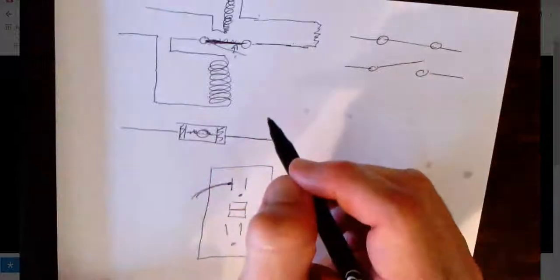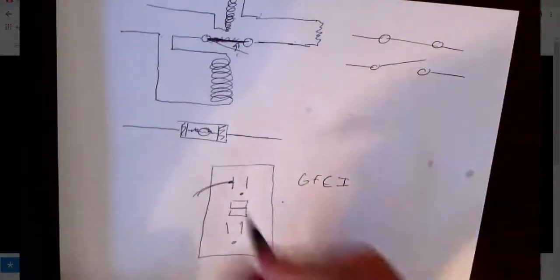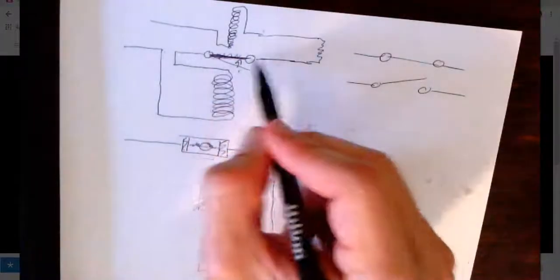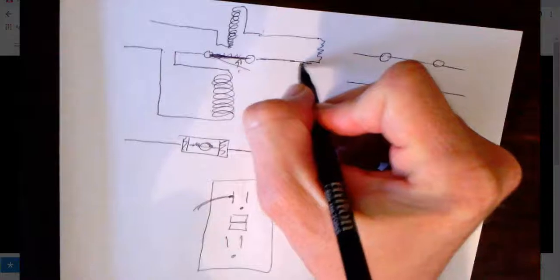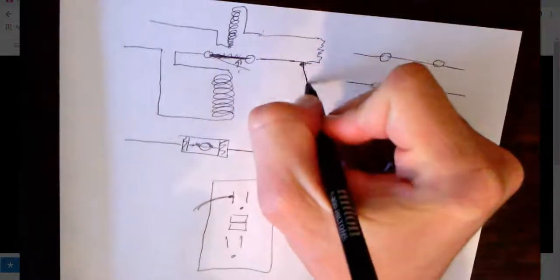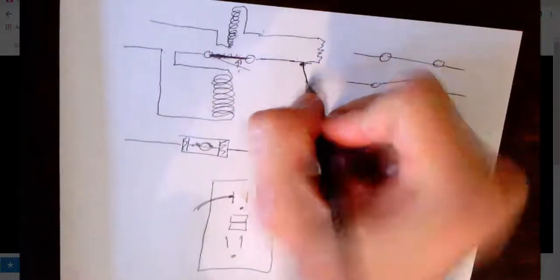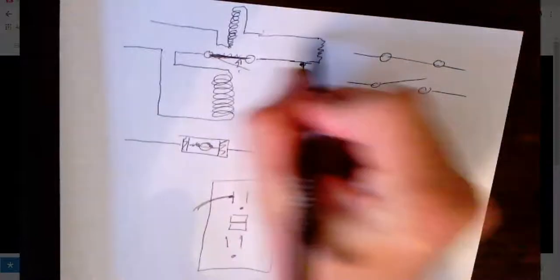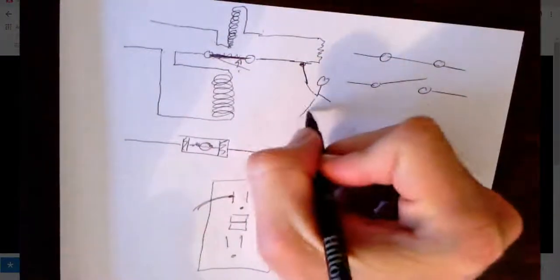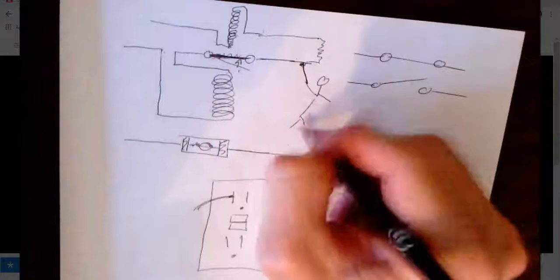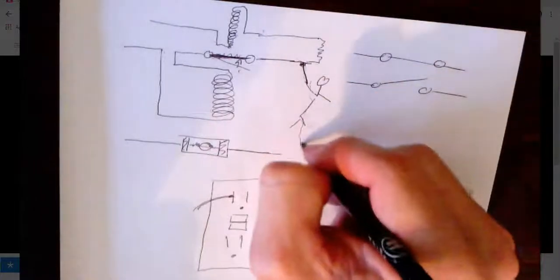It's going, and I'm going to keep it simple here, to ground, they say. Anyway, what this does is it measures if you're touching over here. You touch that wire, and the electricity, instead of going through here and going around, it's going through you. Oopsie daisy, and you're getting electrocuted, and the electricity is going through you to the ground,